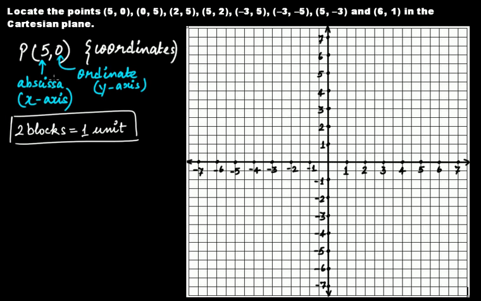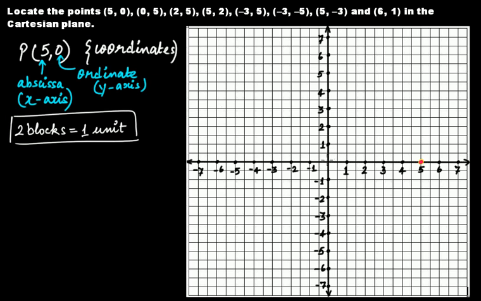Okay. Now the abscissa in this case is 5. That is, you have to count 5 units on the x-axis. So 1 unit, 2 units, 3 units, 4 units and 5 units. So that comes here. Okay, now if 5 comes here, let's take the red color. If 5 comes here and now the ordinate is equal to 0 units in this case, it means that you